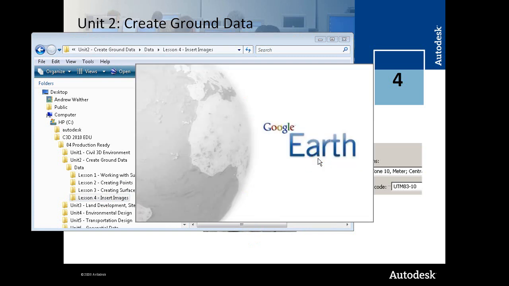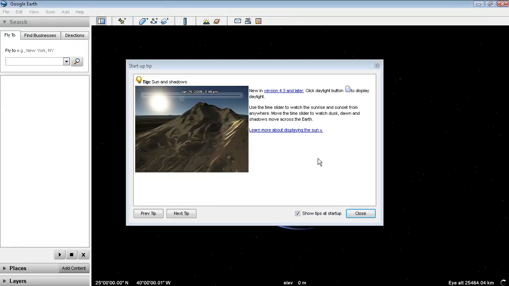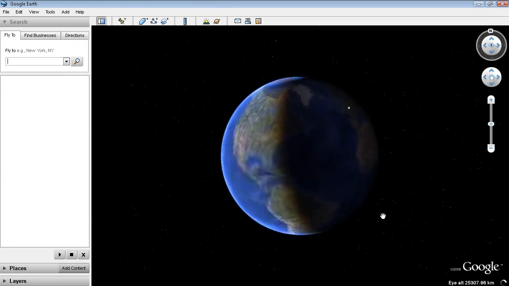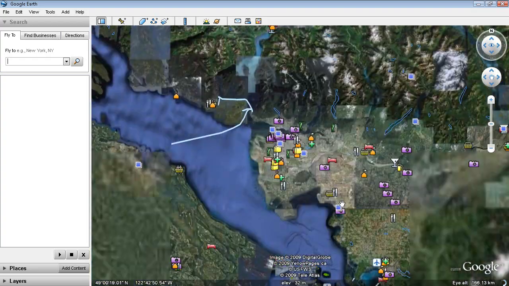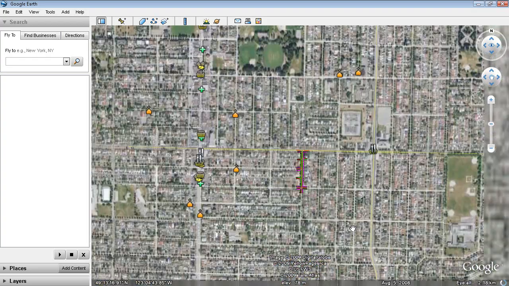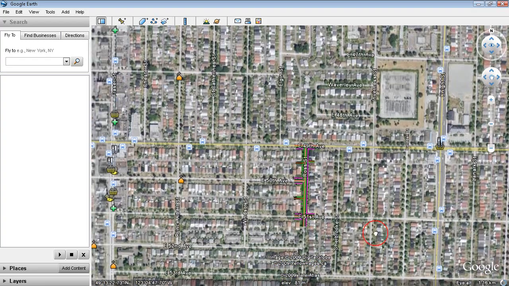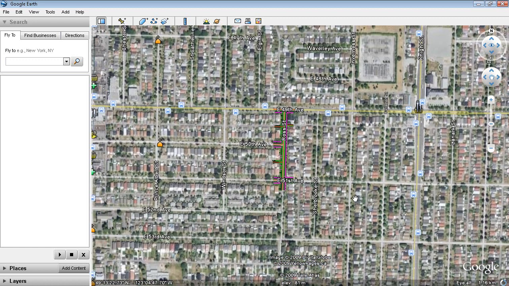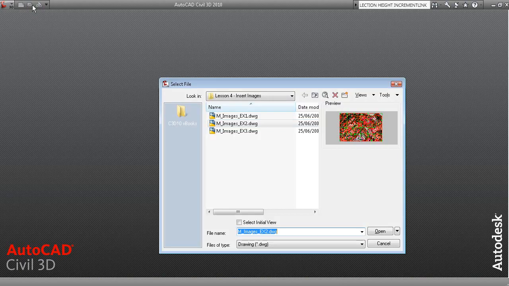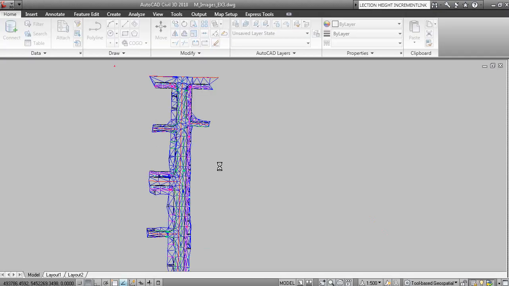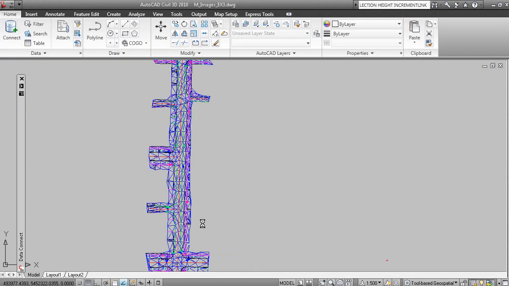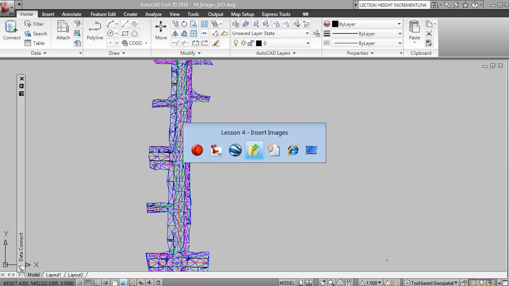That will launch Google Earth and display the contents of that KMZ file, which is basically Raw Street. And we'll zoom right in here and you'll see Raw Street right there, and I'll just stop it right there. So now that's our current view, and if we go back to Civil 3D, and if we were to open the third drawing, we will now be able to insert